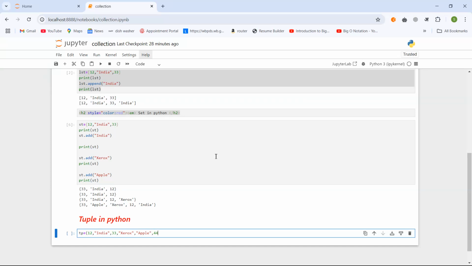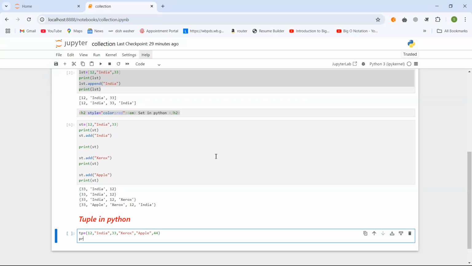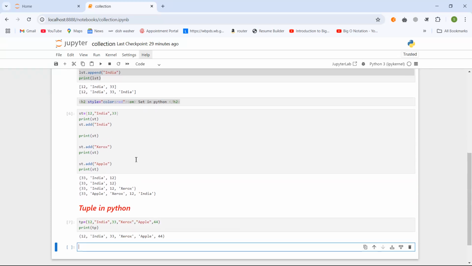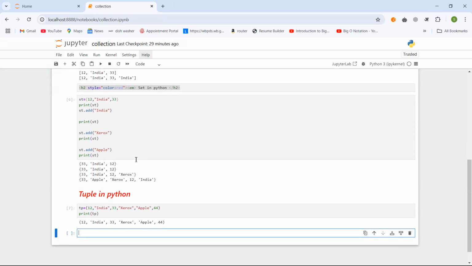Is that the scenario? To check it out, we'll simply say print, and then we'll write TP, and press shift enter. So it's 12, India, 33, Xerox, Apple, and 44. So Apple is not being shuffled. But if the scenario was for a set, if it had been a set,